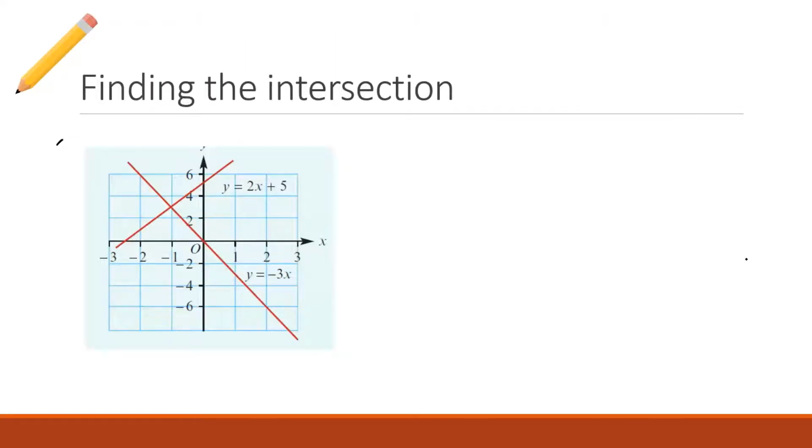Now with graphically, obviously I don't really fully expect you to draw this picture. I'm just going to show you guys this. Graphically, we've got here two equations. One is that y equals 2x plus 5. The other one is y equals negative 3x. Those two equations are, again, two simultaneous equations.